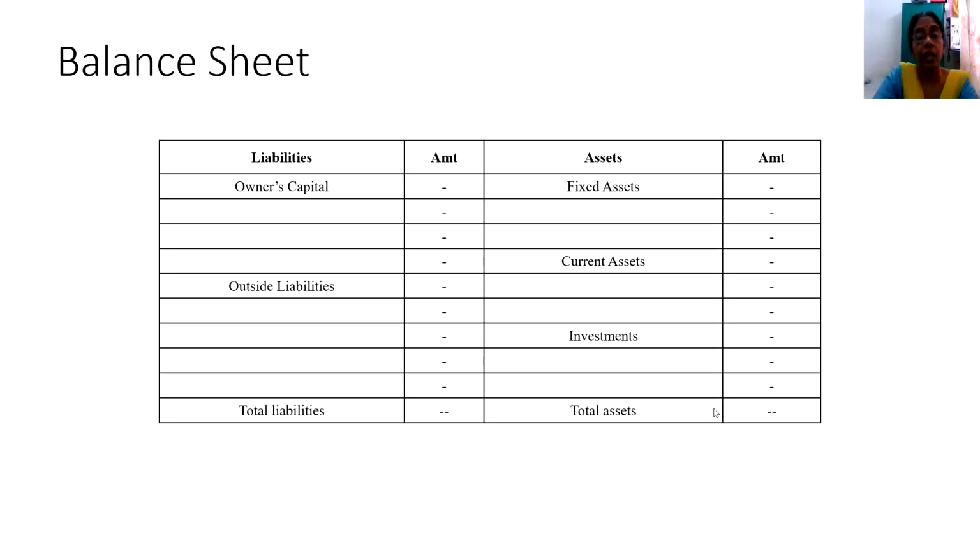Balance sheet is a statement which is prepared on a single date which consolidates the period's achievements. So 1 year, all that the business unit has done through the year is projected or plotted on a single date. So on the date of the preparation of the balance sheet, you should understand that the total of the liabilities must and should be equal to the total of the assets.